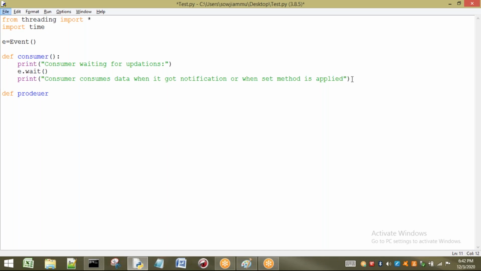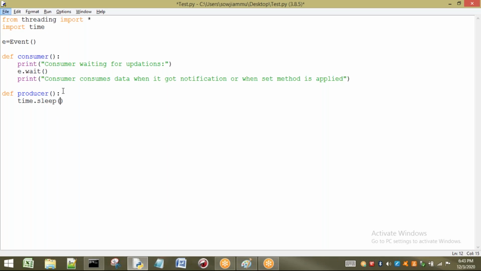So here I'm going to create the producer. As I will start both T1 and T2 at the same time, if the consumer thread executes first, it has to wait. So for that I will apply the sleep method here.